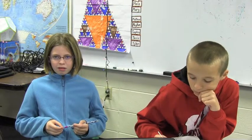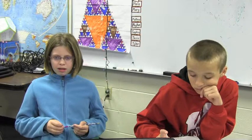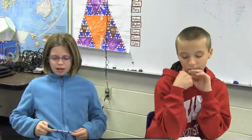PEDIS, and we thought that the IS was like a Latin base, so we took that off. So we thought that was PED, and then we looked up some words with the base PED, and we came up with pedal, and we know that AL is a suffix, so we knew that PED was the base plus AL is pedal. Some other words we looked up were pedestrian, pedicel, which is like the feet